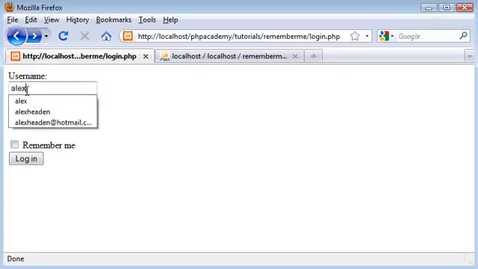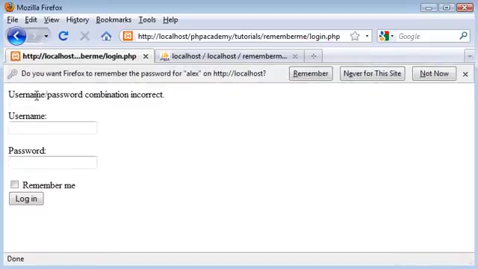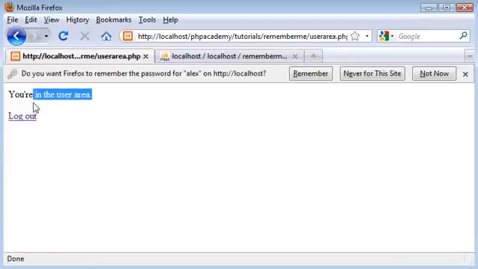Let's say I'm going to type in Alex and a completely wrong password, click login. You'll see that a username password combination is incorrect. If we type the correct password, which is 123, we can click login, and then we say we're in the user area. And what I've also done is if I come up here and go back to the login page,